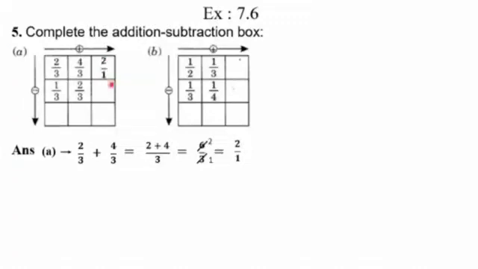2 upon 1. Now another movement is also horizontal as we are having the two like fractions here. So another horizontal movement is 1 upon 3 plus 2 upon 3, which gives 1 plus 2 upon 3, that is 3 upon 3. Both are multiples of 3, so could be cancelled by 3. 3 1's are 3, 3 1's are 3, and the answer is 1 upon 1, which we are going to write here while moving horizontal, in the answer column. Right? Written.